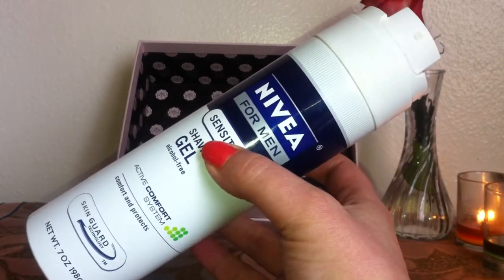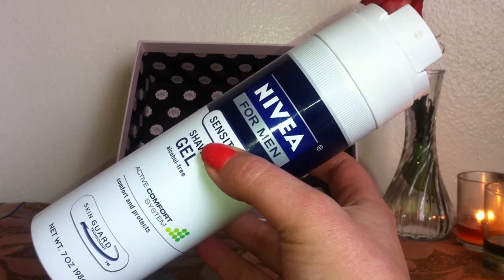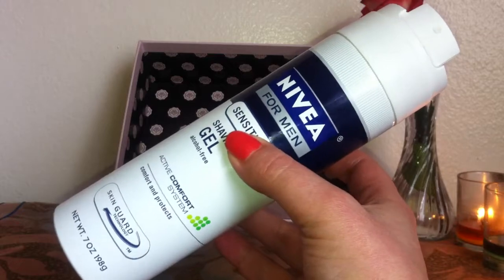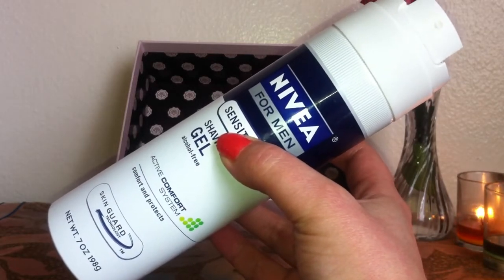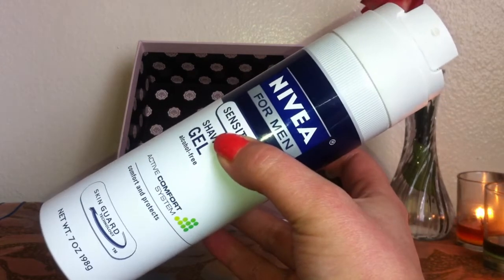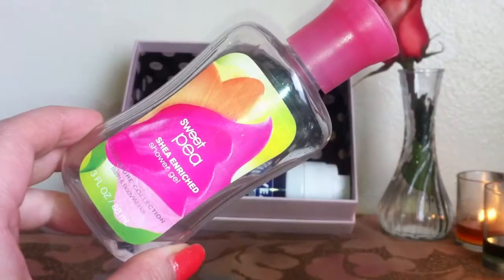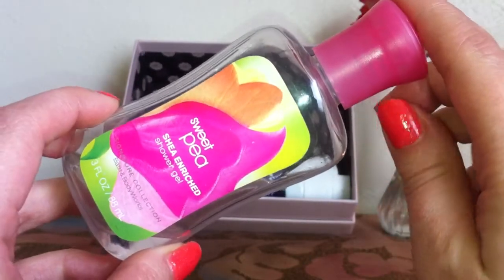However, I did go out and buy a Skintimate for women. It does smell, you know, fruity and girly, but I actually probably prefer this more. It takes just a teeny little bit of gel to come out, and it lathered up really well, so I liked that. Speaking of shower gels, I also went through this one by Bath & Body Works in the